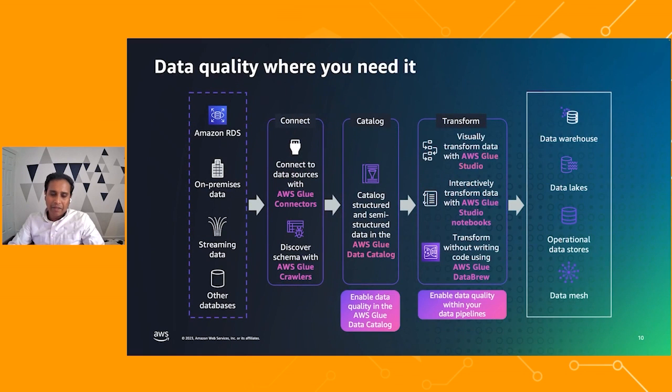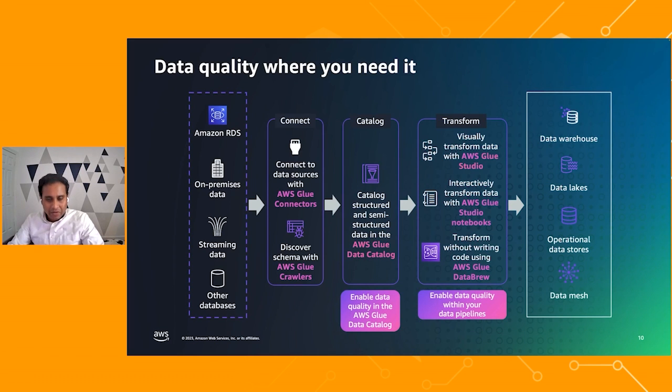So this is a diagram that I talked about in a previous slide, just to point out where you can start managing quality of your data. On the far left-hand side, you see all the data sources, you connect them, you catalog them. That's the point where you can actually start with data quality. So you can access your catalog, go to a table, click create rules, get a recommendation, and you can operationalize your data quality rules, schedule them right there, and then start monitoring the quality of your data.